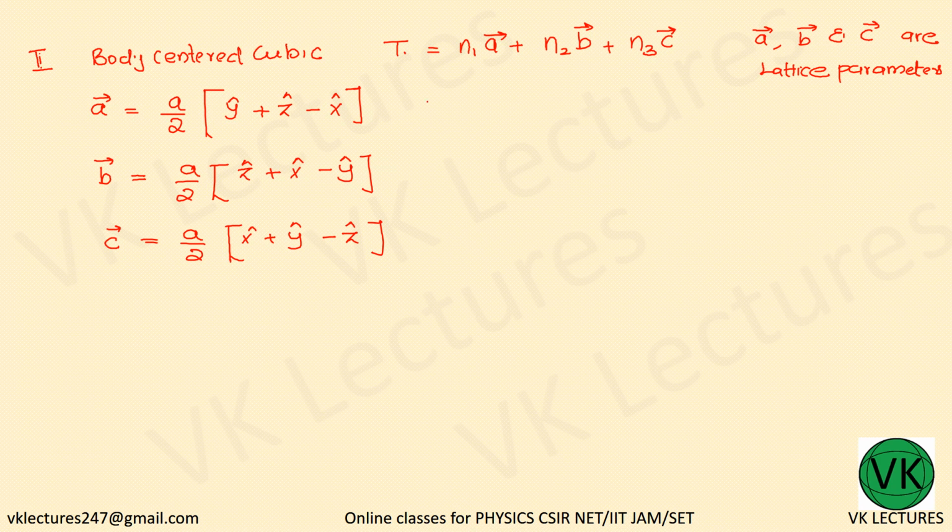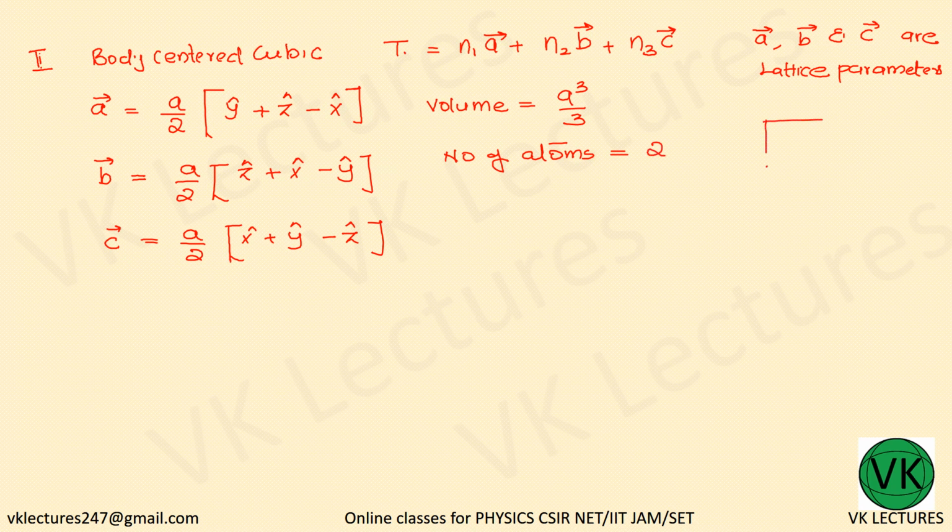Now the volume of the cubic crystal is a cube by 3, and the number of atoms is equal to 2,